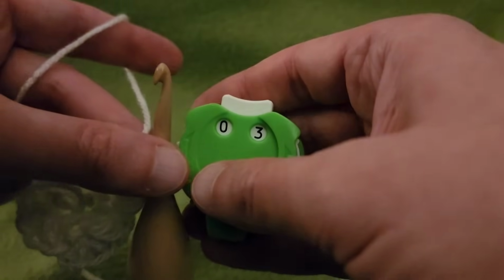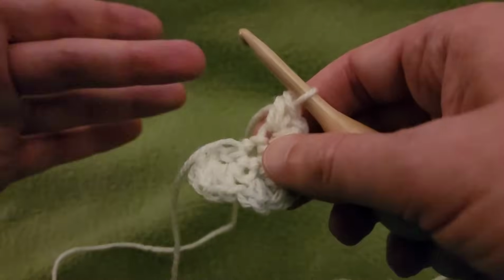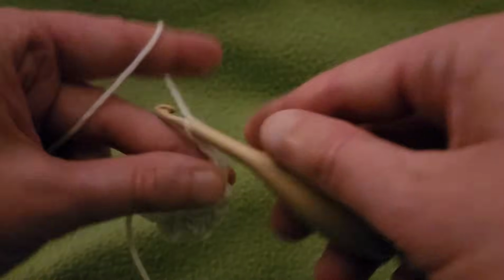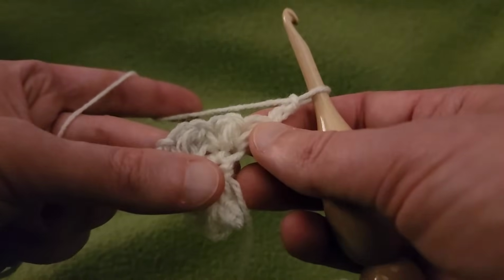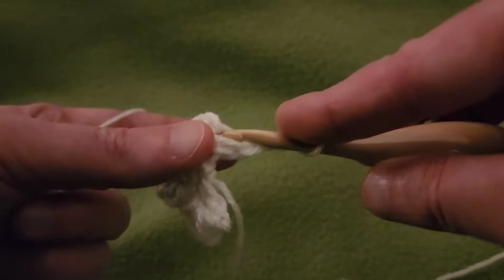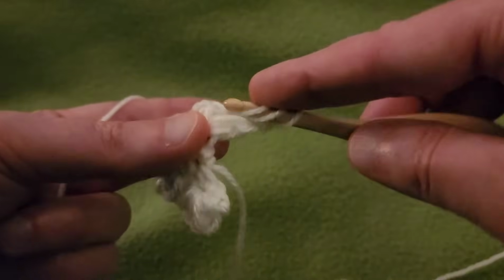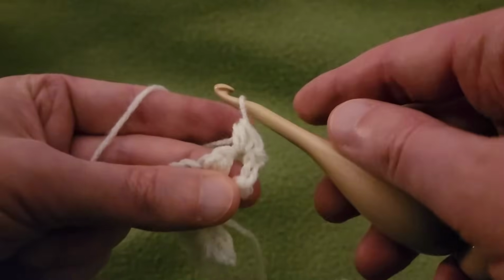Okay, so row 3, unlike row 2, we're not doing any increasing. It's just a puff stitch per puff stitch. So it's nice and straightforward. So start off by chaining up 2, turning the work, and then every time we have a puff stitch, we just do a little puff stitch. All right, so scooting in to that first stitch. There we go. Pull up a loop, yarn over, going in again, pulling up a loop, pull through all 4,